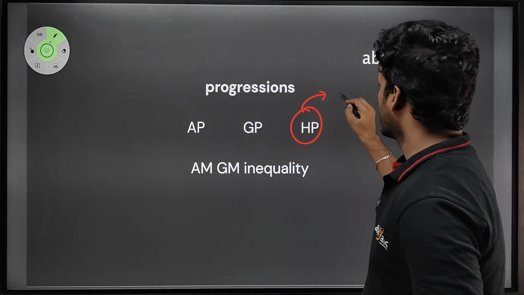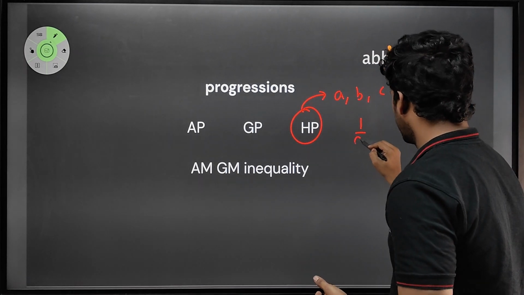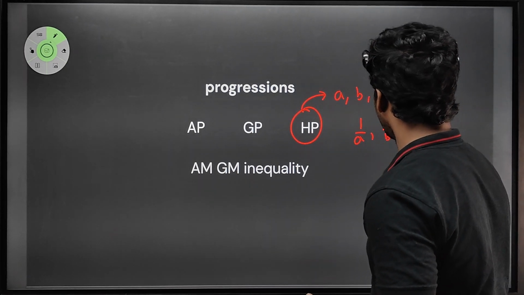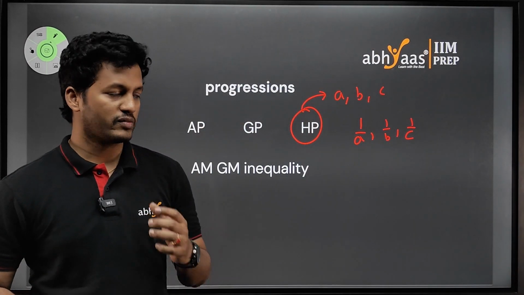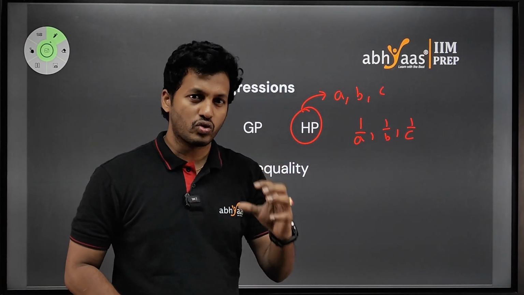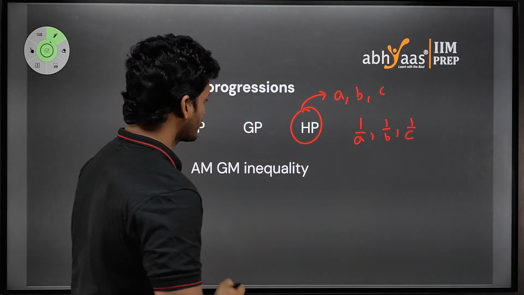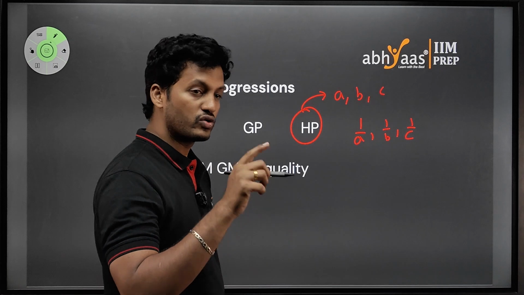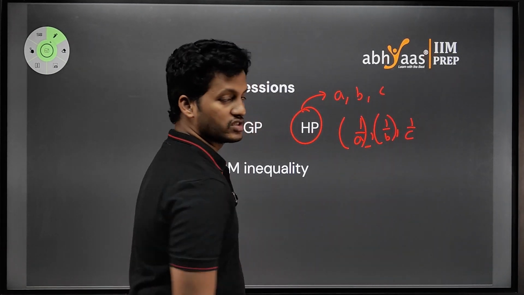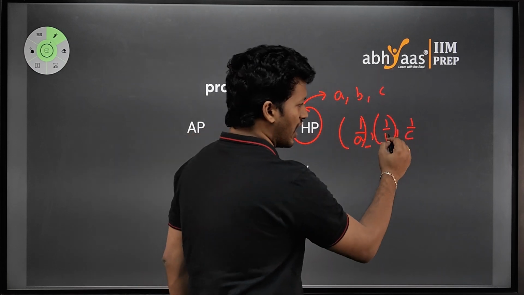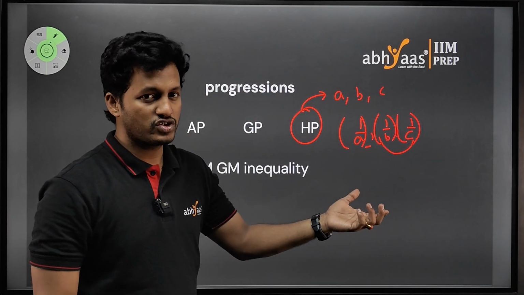In harmonic progression, if I say A, B, C are in harmonic progression, obviously the reciprocals 1 by A, 1 by B and 1 by C will be in arithmetic progression. Here always remember, whenever I say 2 or 3 things are in arithmetic progression or harmonic progression, there will always be one thing that you can prove, and you have to prove that: the difference between two consecutive terms has to be equal to the difference between the other two consecutive terms,